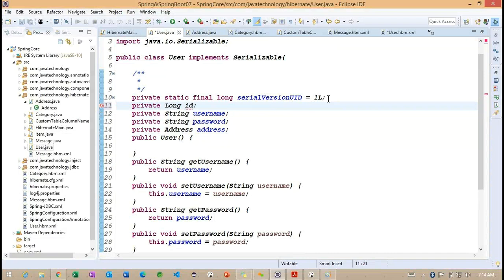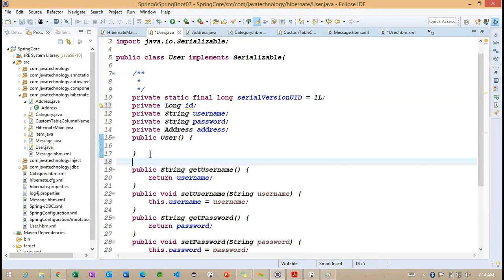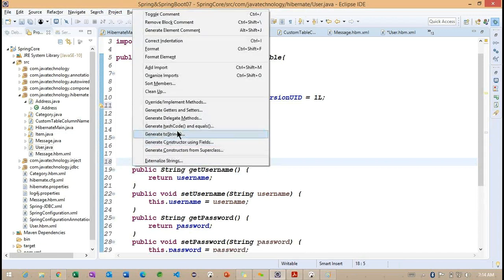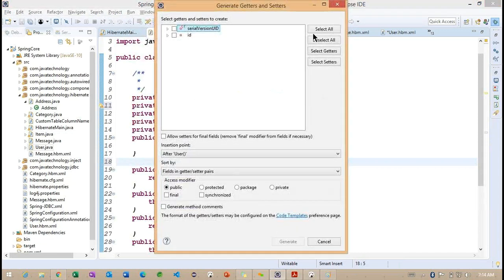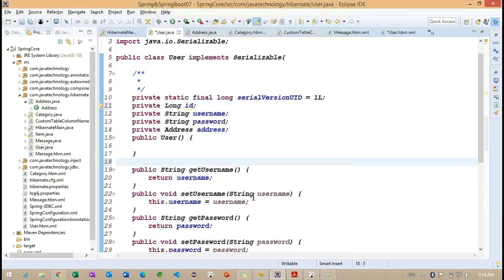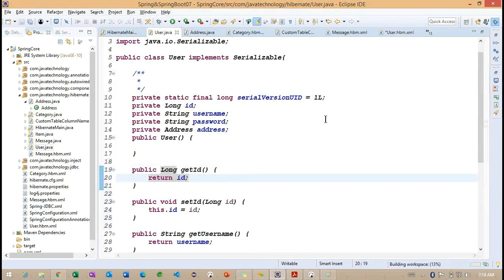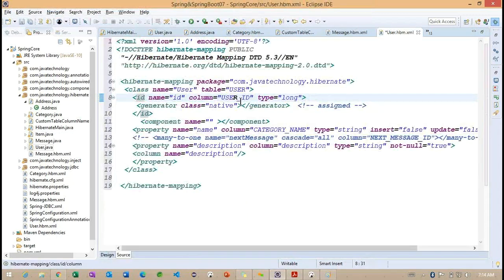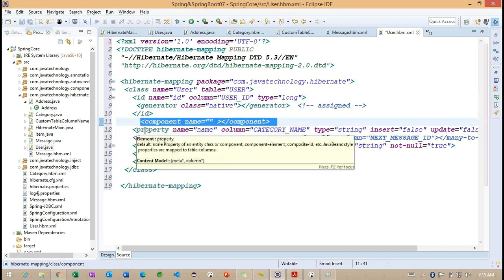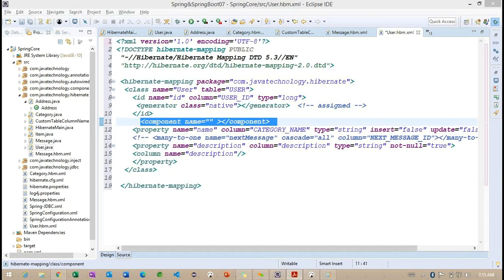So private, setters and getters here, ID. And inside the column, we are going to specify the user ID, type long. Later we'll try to work with native. And we are going to work with this particular component information.